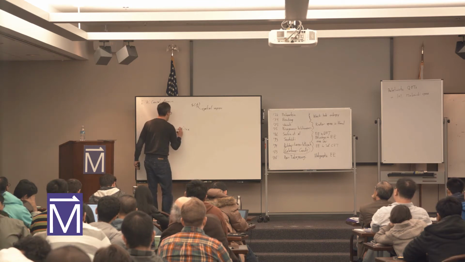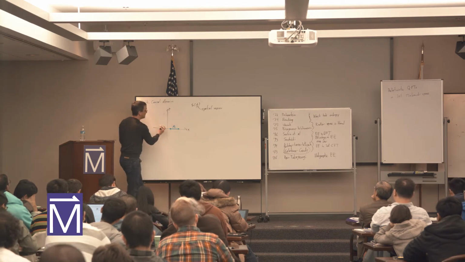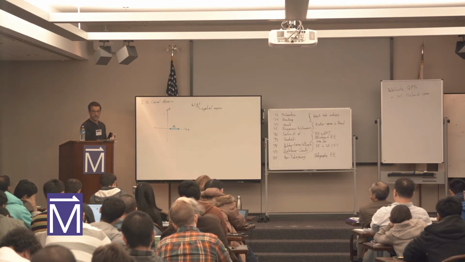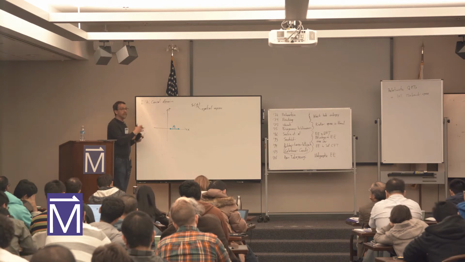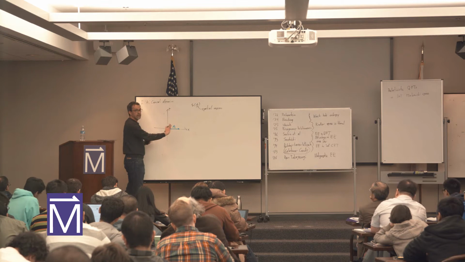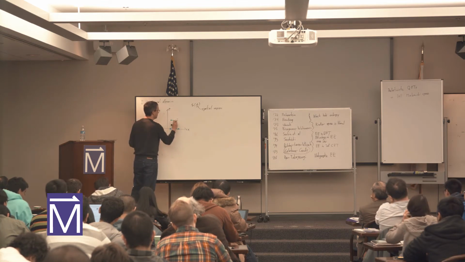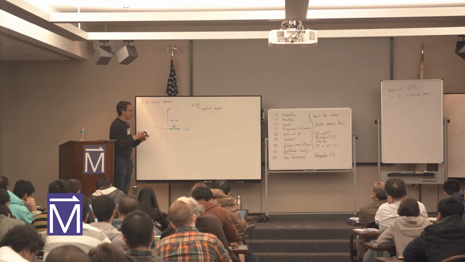So our A will be maybe an interval. It could be disconnected. It could have multiple components and so on, okay? All of these components, if you have multiple components, have to sit on a single time slice. You're not allowed to have multiple components like this or something like that. That's not allowed.